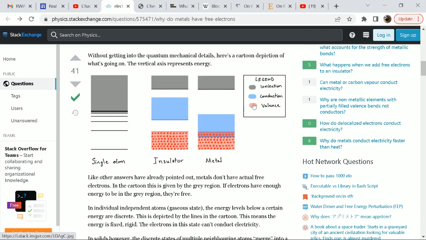So here we see how an insulator is behaving and how a metal is behaving, and we see that this color shows the valence electrons in a metal versus an insulator. When we think of it as a single atom, this is how a single atom is described. Basically the electrons can be at a discrete energy level, and there's no transition in between, just specific energies. And now when we have a structure with a bunch of atoms inside, like trillions of atoms,